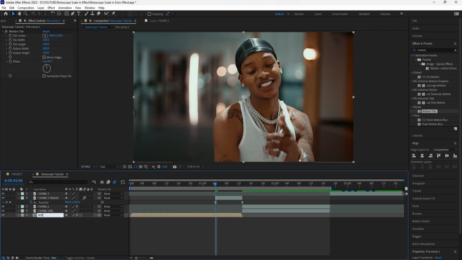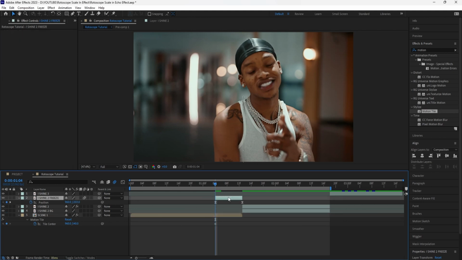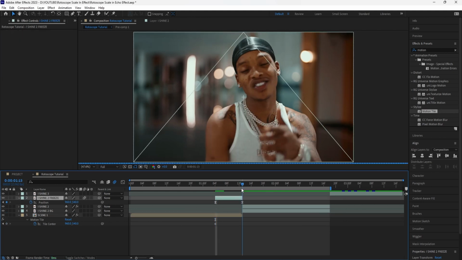Change the name to make it easier. Have the output width at 400 and then output height at 400. Make sure to click mirror edges. Keyframe the tile center at the beginning of the freeze frame from the second clip, and then keyframe the tile